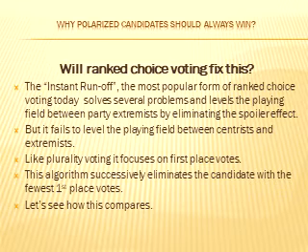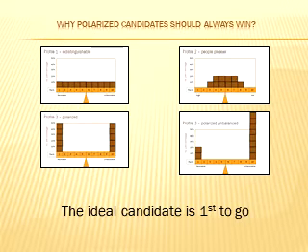Let's see how this compares. Any candidate fitting the people pleaser profile, as shown in the upper right, with no first place votes, will always be eliminated first, even before the indistinguishable candidate. Yet, he is probably the ideal candidate to represent all of his constituents. FairVote is aware of this problem and still promotes the instant runoff. Question is, why?